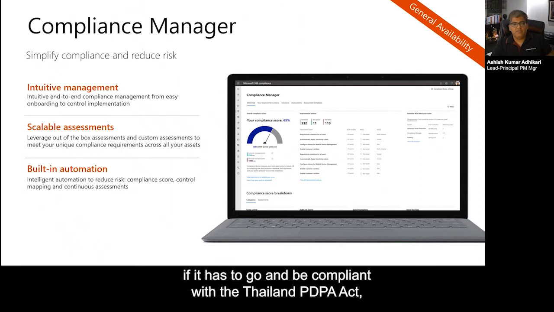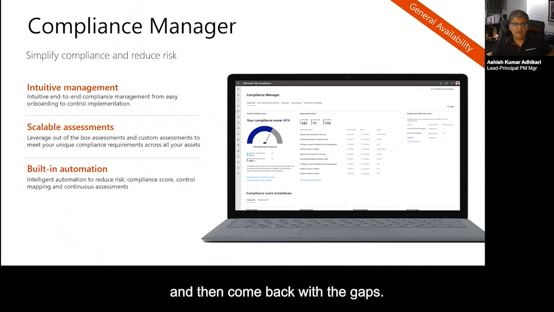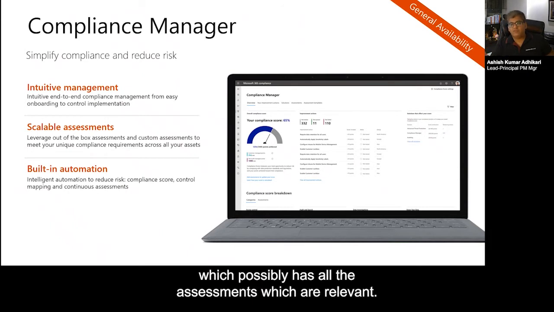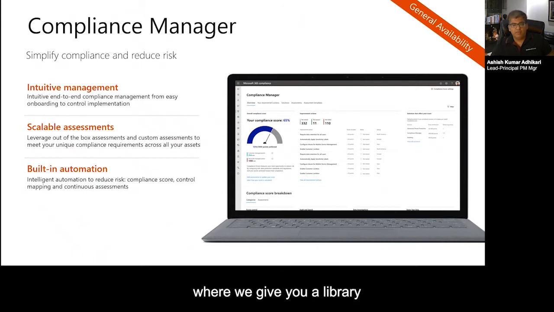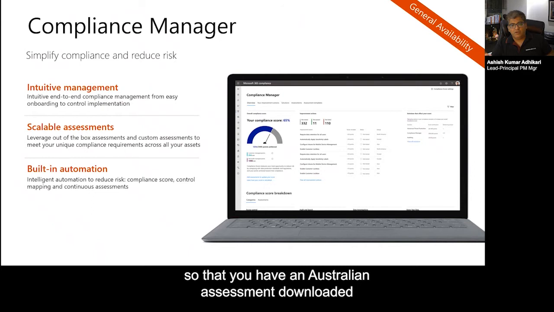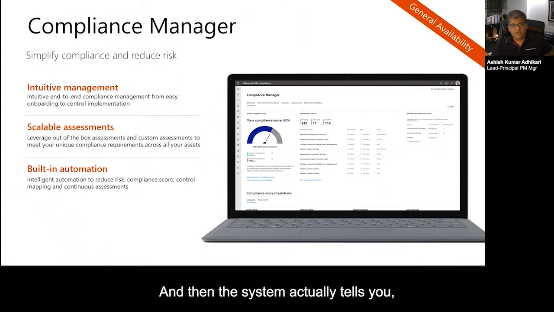For example, a company in Thailand, if it has to be compliant with the Thailand PDP Act, would want to assess themselves against what the PDP Act of Thailand states and then come back with the gaps. And that's what we're trying to solve in an intuitive fashion, where we give you a library which has all the assessments which are relevant. So if you're an organization with offices in Singapore, Thailand, India and Australia, we give you a library where you can download these assessments in minutes, so that you have an Australian assessment downloaded in your subscription, you have the Thailand PDP downloaded, you have some Singapore laws downloaded, and then the system actually tells you